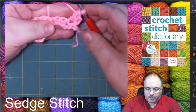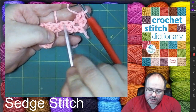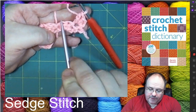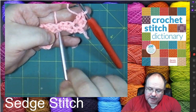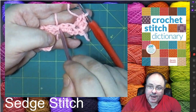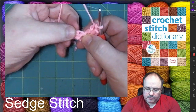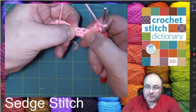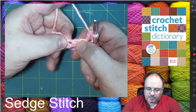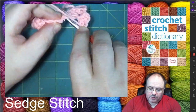And then what we're going to do is we're going to skip the next 2 stitches. And in this stitch, you see how the fan kind of goes down and then it goes back up where it goes down here? Those are the spots we're aiming for. So we're going to skip the next 2 stitches, and in that third one, it's almost like a chain, but in that space there, we're going to do a single,